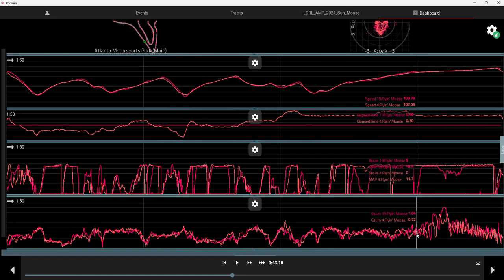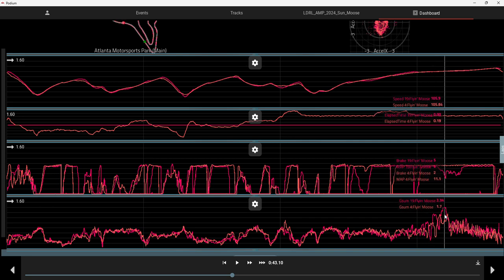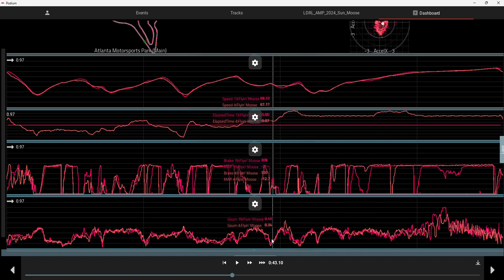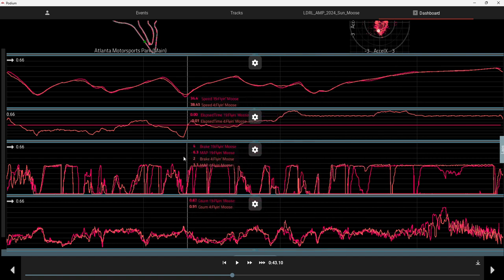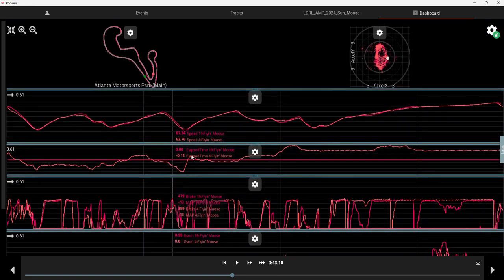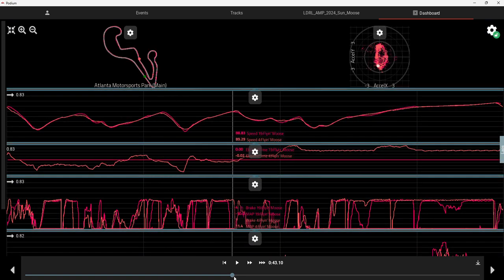Here is G sum, which I think is like a G force summary. I think it takes into consideration both forward and side to side G's. But you can see he does stuff where his peak G's are better in a lot of places than mine. I got him right there a little bit, but it's really neat to be able to compare this stuff and see where someone is doing better than you.